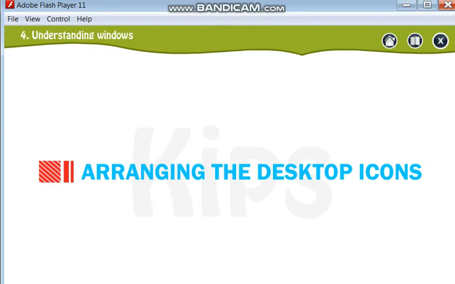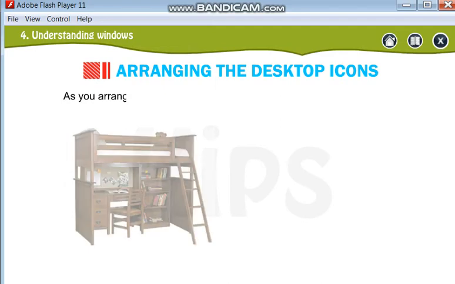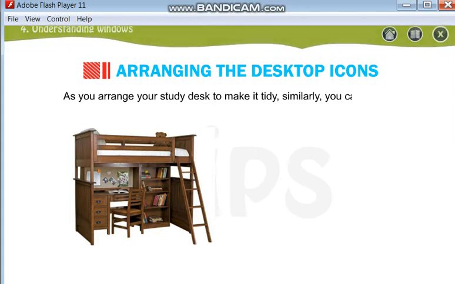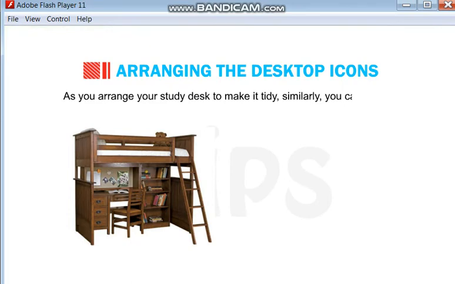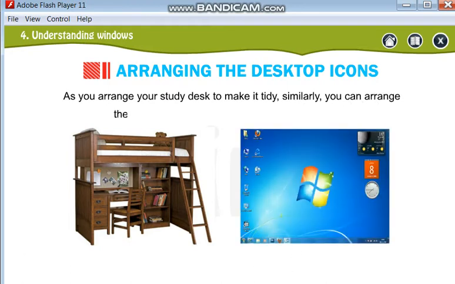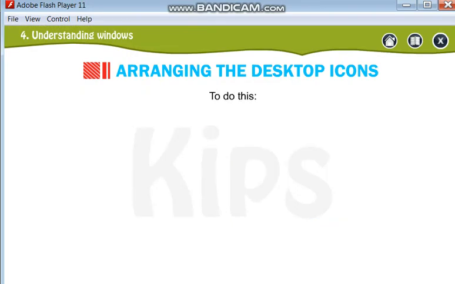Now arranging desktop icons. You have seen so many icons on the desktop, so how to arrange them? As you arrange your study table to make it tidy, do you arrange your study table? Yes or no? Yes. Some are saying no. Similarly, you can arrange the icons on the desktop for a better look.